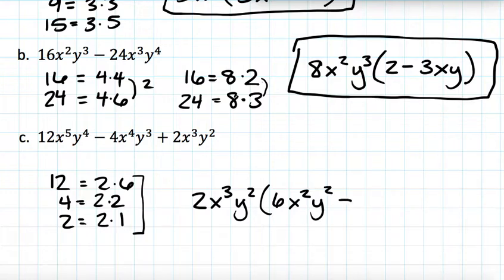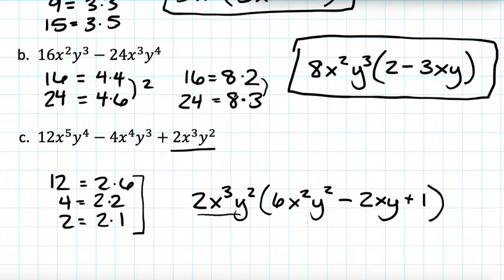Then I'm going to have a minus sign. Multiply by 2 to get 4. I need 1 more x, and I need 1 more y. Now, in this case, my GCF is exactly the same as the last term. And a really common mistake is to just stop and say, well, I don't need anything, and close your parenthesis, but what you have to do in that case is put plus 1,